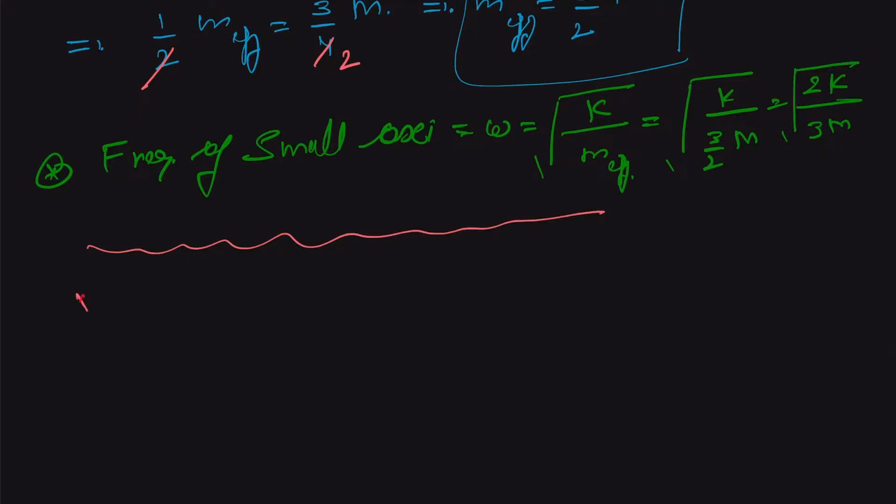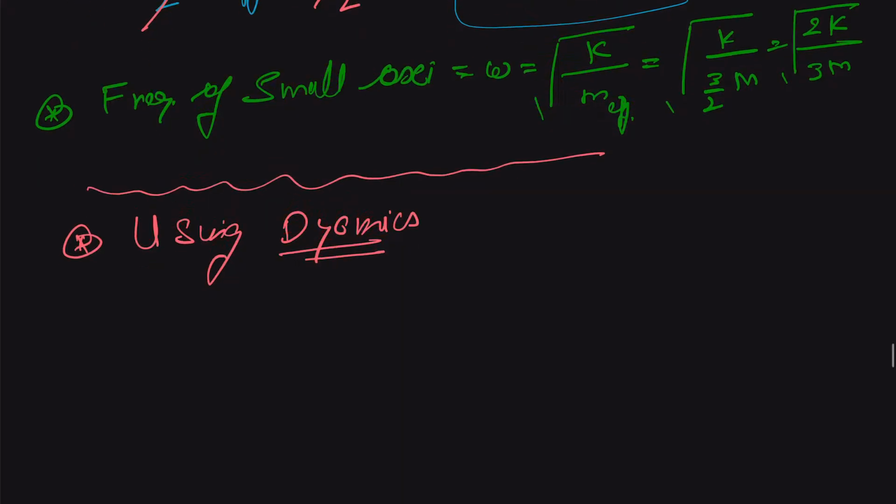So, using dynamics, we have that this is a cylinder and a spring is connected to the axle, and k is the spring constant, and the horizontal distance moved by this cylinder is taken as our x. This is the x. Therefore we can say that the force on the axle